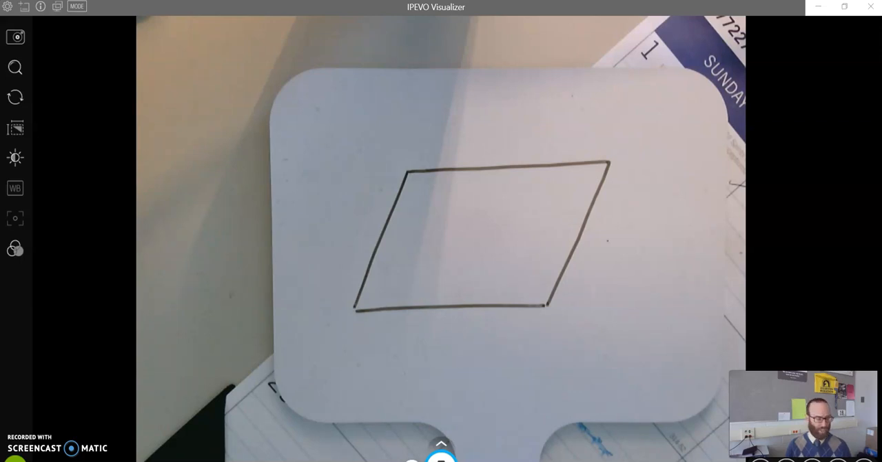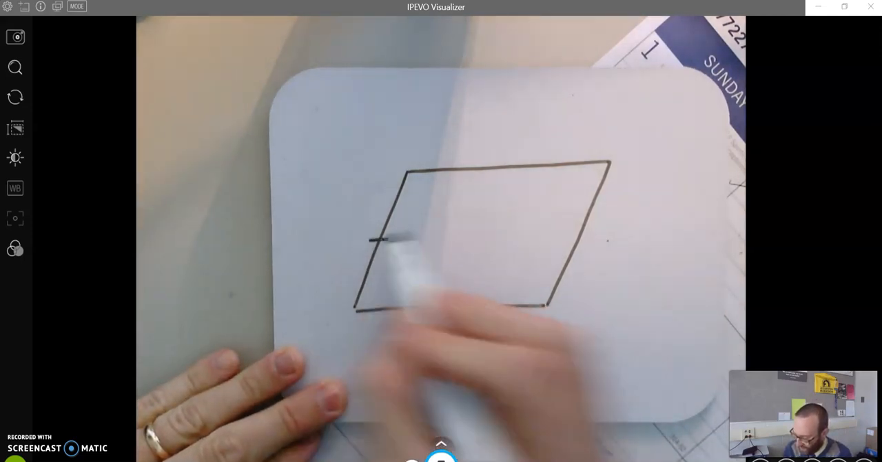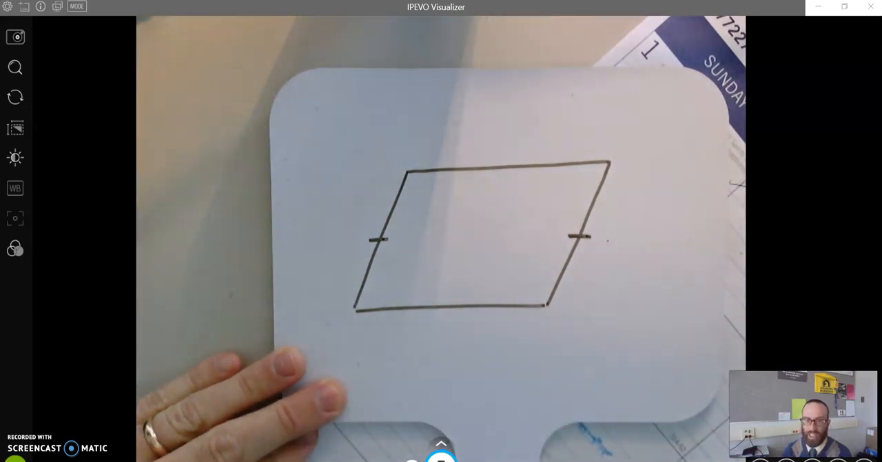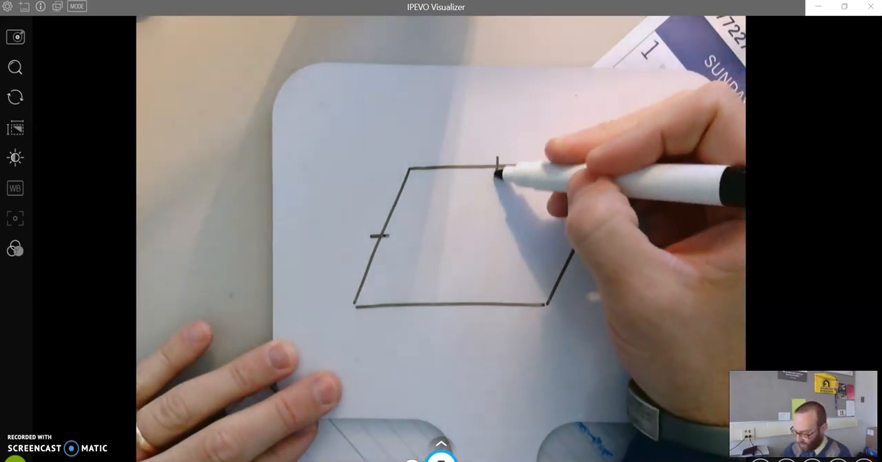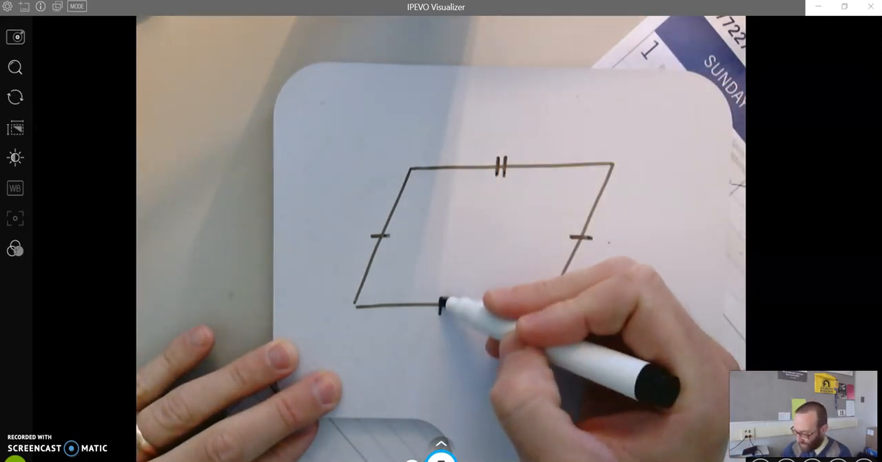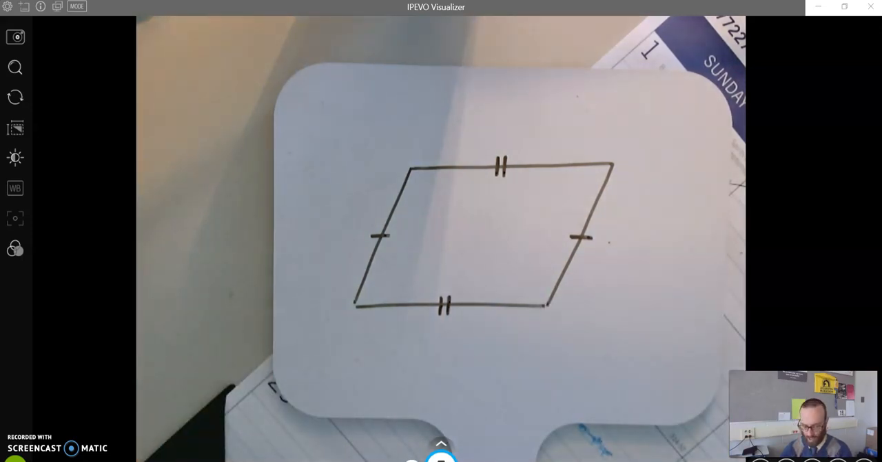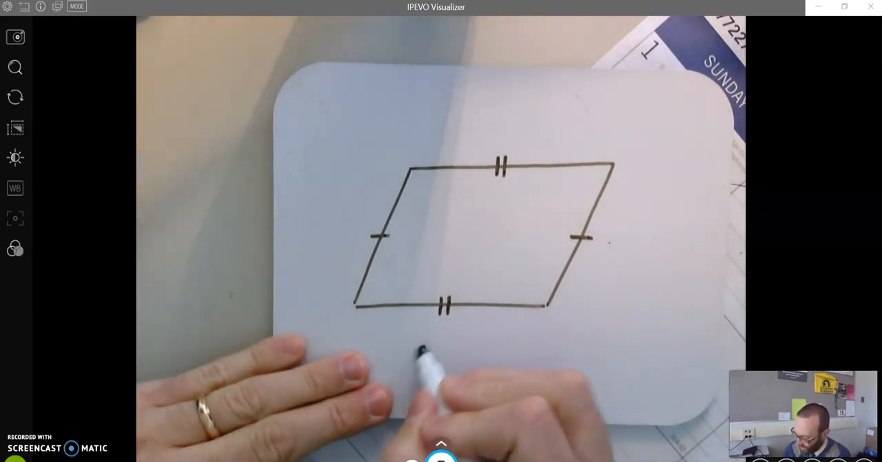Okay? The first is that opposite sides are congruent. And what that means is that I have sides across from each other that I know are congruent. So these two sides, both marked once, are congruent to each other. And these two sides, both marked twice, are also congruent to one another. Right? And this would be opposite